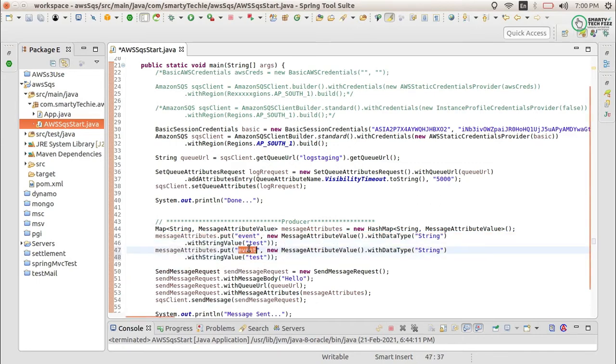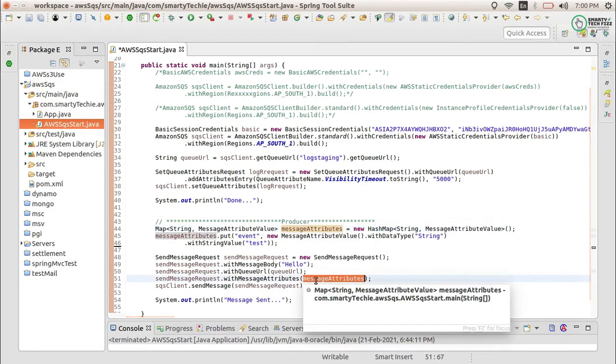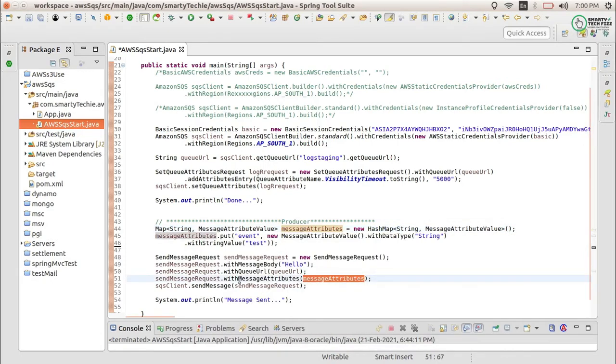Like I want to set, okay, order 1 2 3. This is what you can send, whatever you want you can send. That depends on you. So you can send anything in the message attribute value map. Okay, so this message attributes I have set up in this method, that is with message attributes.